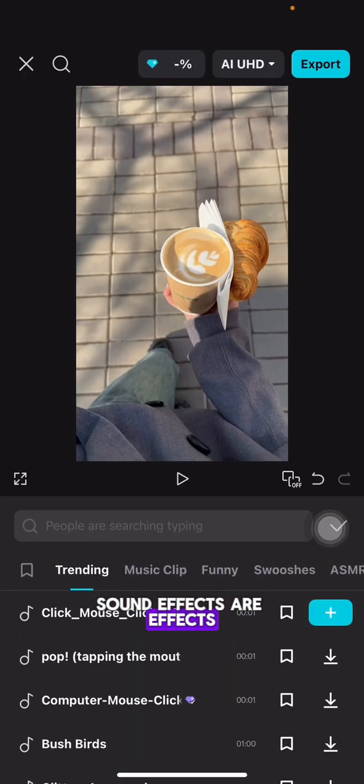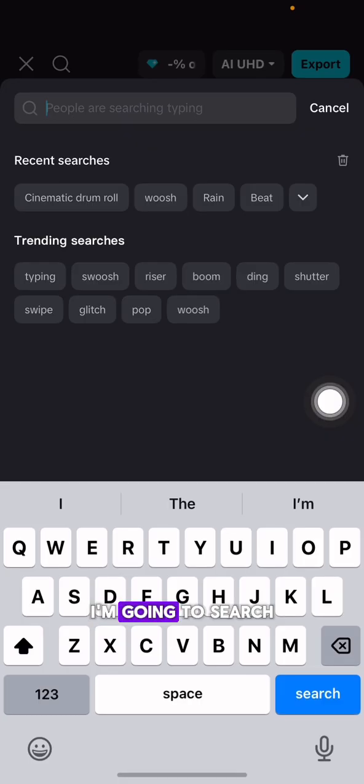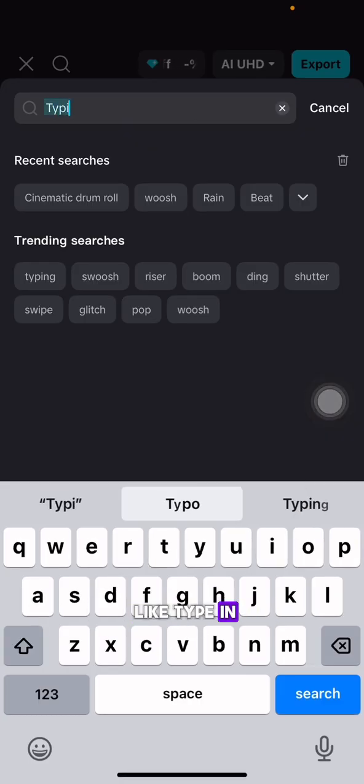Sound effects are special sounds that you add to your video to make your video more engaging. For example, I'm doing a video where I am typing on my keyboard, and obviously you might not hear it in the original video, but I want the sound to make the video stand out, or to make that particular thing stand out, right? So what I'm going to do, I'm going to search for that sound, right? Like typing